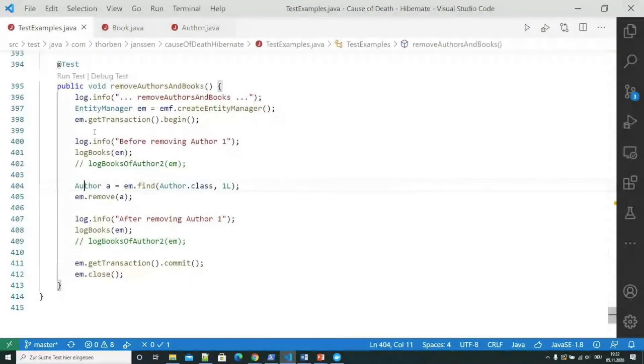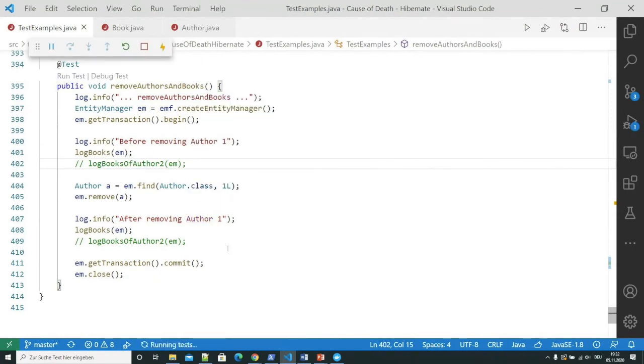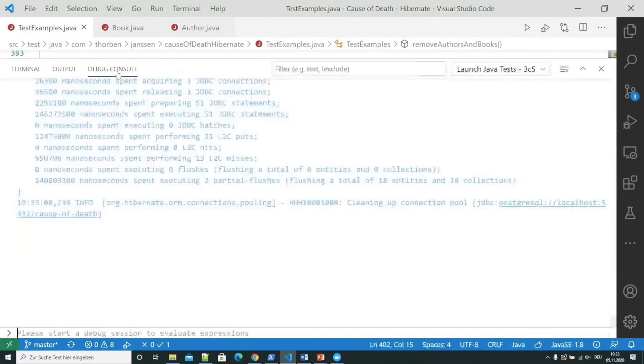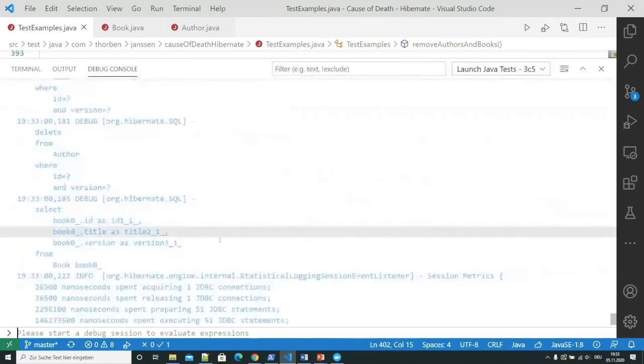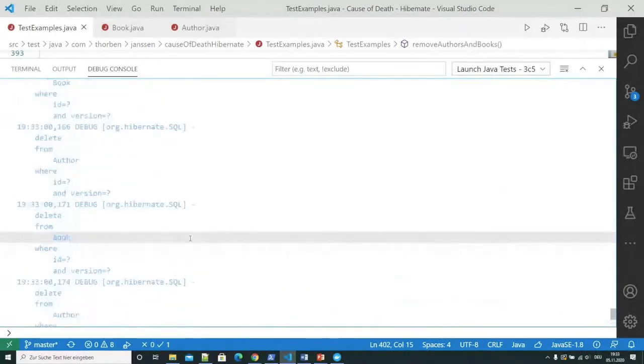Well, that is a common thing that you can find in some discussions and on some forums on the internet, and it's actually a really bad idea. So you already see it here. We have 51 JDBC statements. So what happened here?